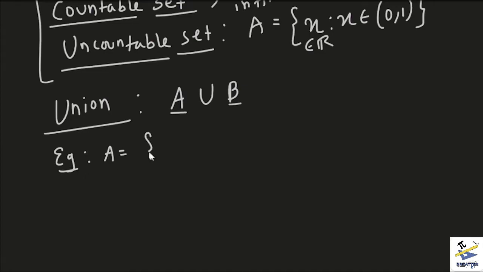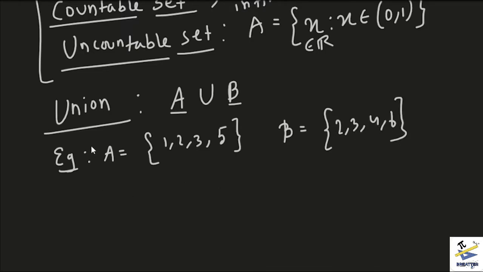So we can take an example here. Let's say A is 1, 2, 3, 5, and let's say B is 2, 3, 4, 6. Now the union is A union B, and let me also write intersection side by side so we can learn them simultaneously. The intersection sign is basically A cap B, which is the opposite of union. It gives you a set which has only the common elements from A and B. So A union B would be,